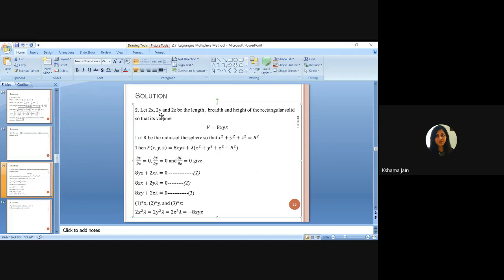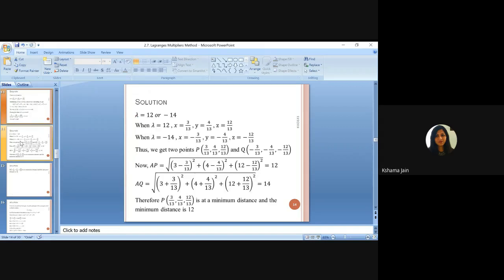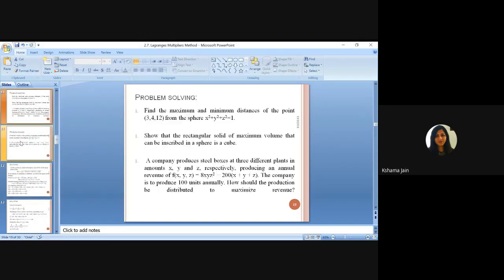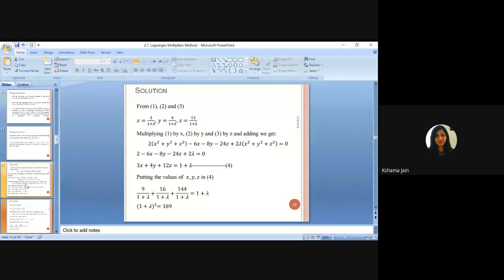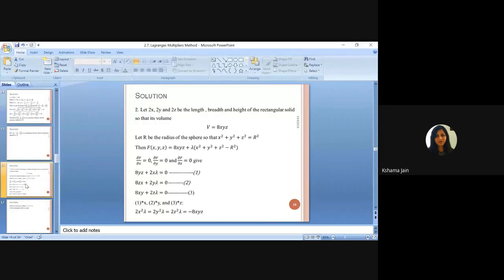Okay. Here they have taken the lengths as 2x, 2y, 2z, but it's not necessary. You can take x, y, z. That time volume will be normal x, y, z only. So it's not necessary to use 2x, 2y, 2z. Is that given in the question? Let me see once. No, not at all. So you need not take 2x, 2y, 2z. You can just let x, y, z be the length, breadth and height. That time we know volume is x, y, z.